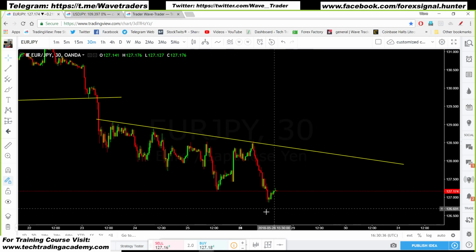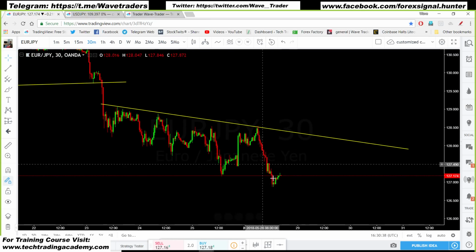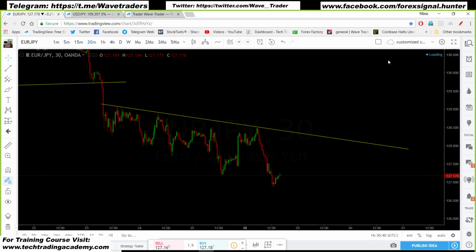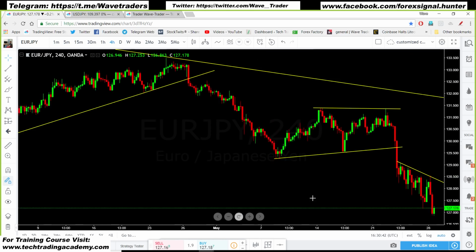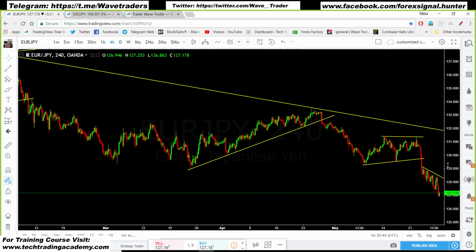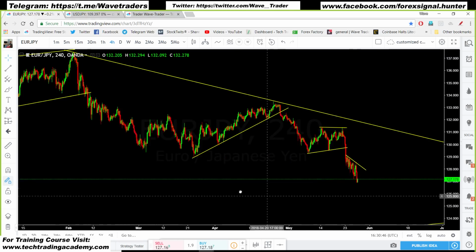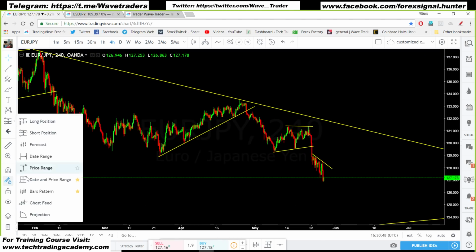Okay, first impulse currently is not there. Prices just keep pushing for the downside. So that's what you need to look for, a trade setup on the euro yen. This kind of correction, guys,